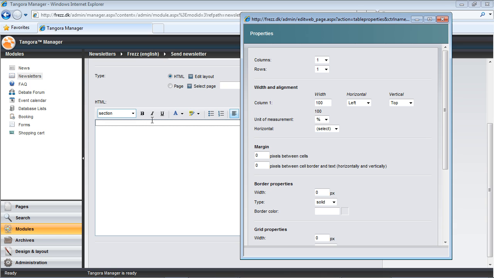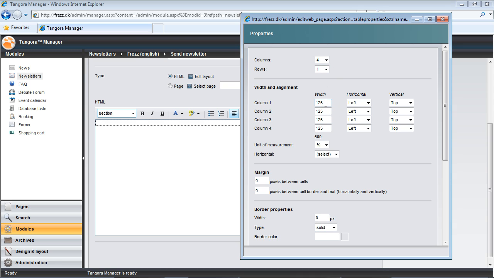Okay, I'm not going to review all the settings here, but I just want to use what I need for the job at hand. The first thing I want to consider is the width of my newsletter. You'll probably want to keep it rather slim to ensure that your average viewer can see the whole email without having to scroll or expand the view. I'll take 500 pixels as my width. I want to add a little bit of space on the left and right, so I'll need to use 4 columns, so I have 2 spacer columns. Under unit of measurement, I'll choose pixels, and then I'll type in 20, 230, 230, and 20, which gives a total of 500 pixels.